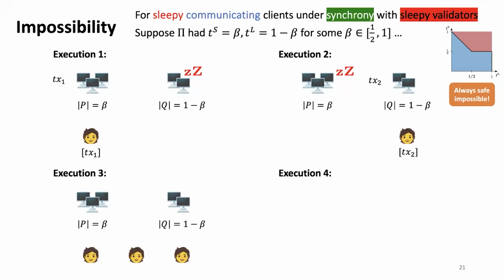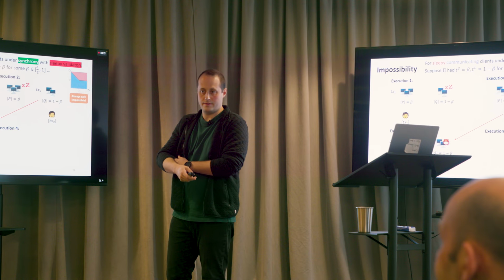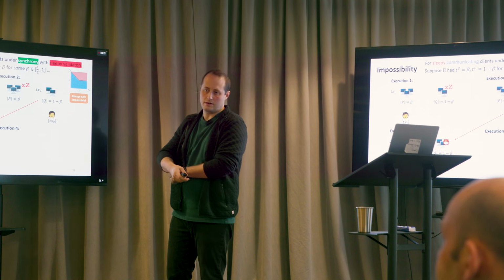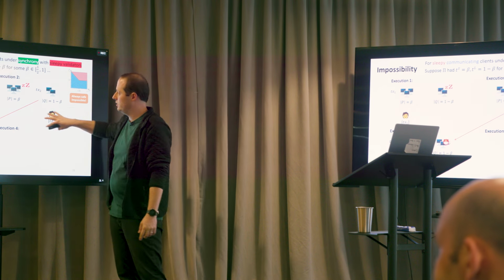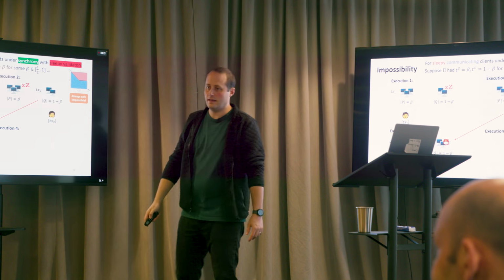And then in execution 3, there are going to be 3 clients now. The guy in the middle is asleep for a while in the beginning of the protocol. He doesn't follow the protocol yet. The client on the right and the validators in Q are going to follow the same strategy that honest parties are following in execution 2. Transaction 1 is entered into the nodes in P. Now this client has to output transaction 1 eventually. So the players in Q don't talk at all to the players in P? Correct. Yeah, they just pretend like they're in this setting. They treat everybody else as asleep.